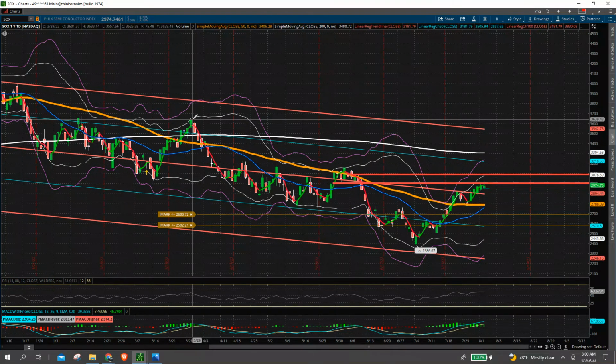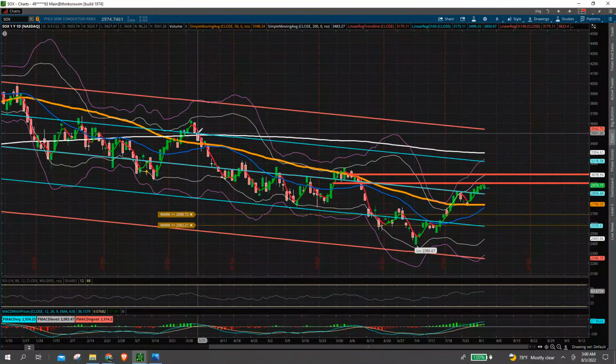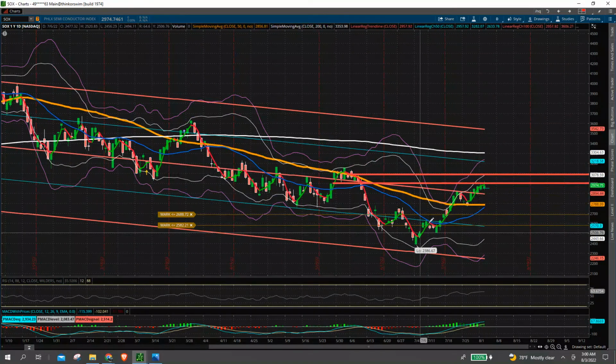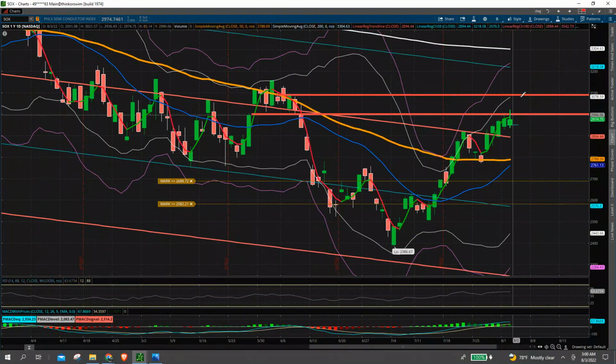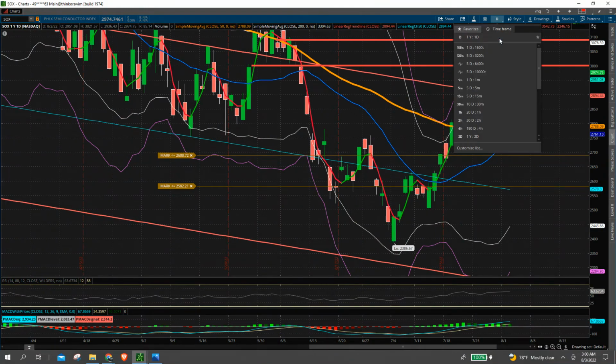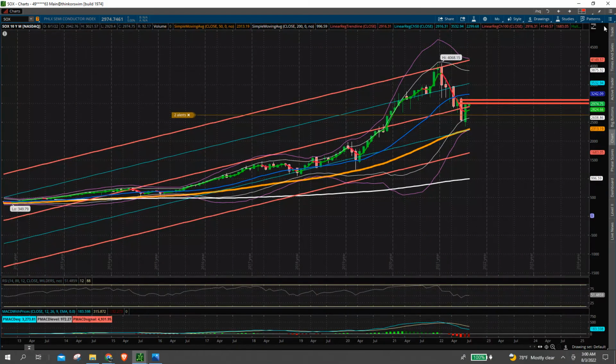Similar to the Nasdaq in Q3, we went above this white moving average. So again, the expectation would be that with this bull run, this bear market rally that we're having, we could potentially come up to this moving average as a retest confirmation as to what should happen next. If we zoom in a little bit, let's look at it from a monthly perspective.